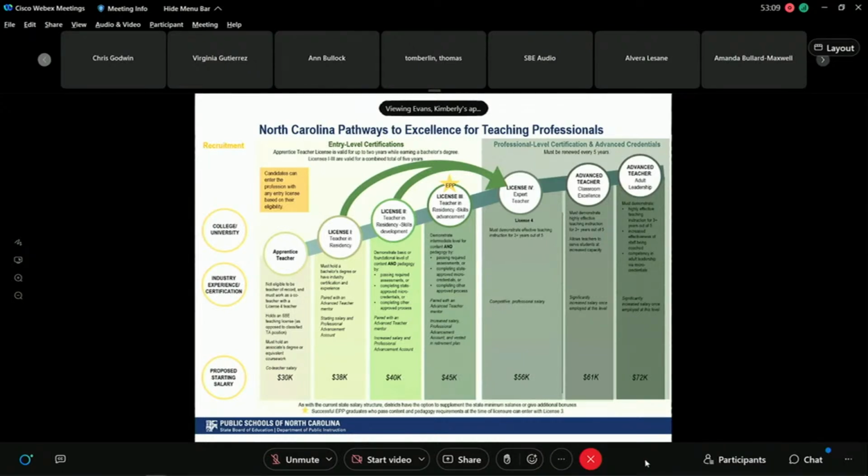Hi, Ann. This is Vivian Covington. I have a concern that this could de-incentivize the traditional program. Maybe that's what it is designed to do. So if I am a parent, I tell my child to go to the community college. They can become an apprentice teacher, start making $30,000. Then they can do some micro-credentials and move to license 1 in a year or so, or maybe 2 years. So I can make 2 years at $30K. Then I can get license 1 and make $38K, and then I'm going to get an advancement account to help me get to license 2, where I'll be making $40K. So by the time I get to license 3 via micro-credentialing, I will be vested in the state of North Carolina, and I will have made $30, $60, $90,